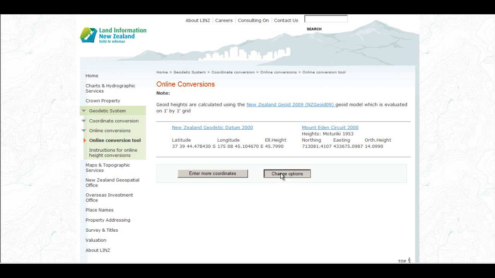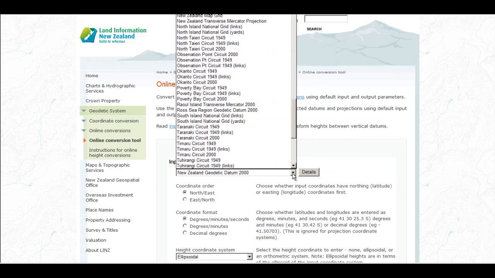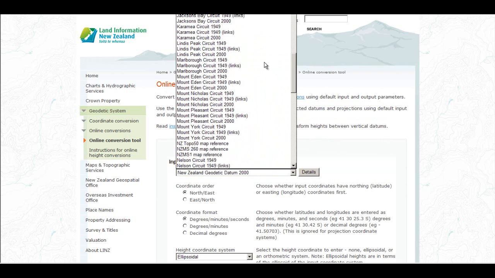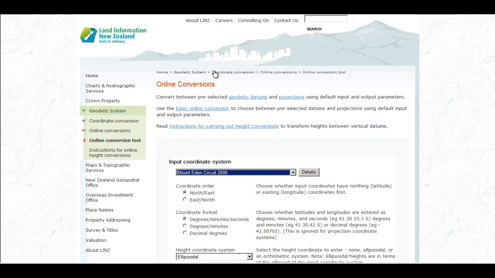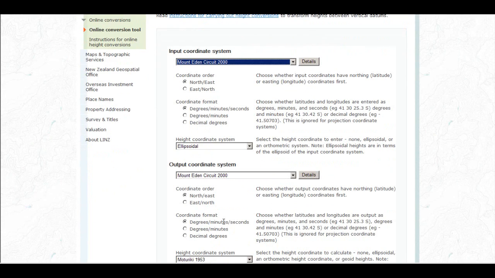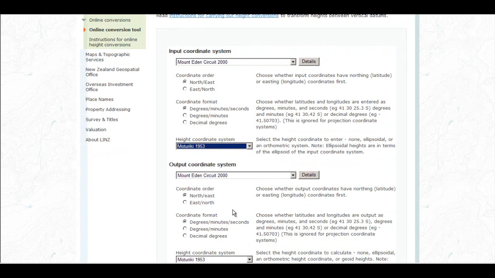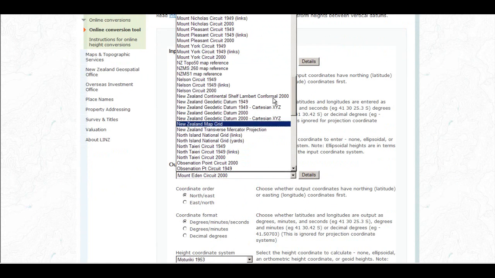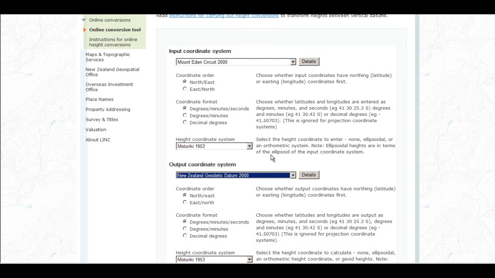Yeah, so let's go back and change our options here. The input system will be Mount Eden 2000, Mount Eden circuit 2000 there, and then we'll put in Maurieo 1953, and the output will be New Zealand Geodetic 2000,